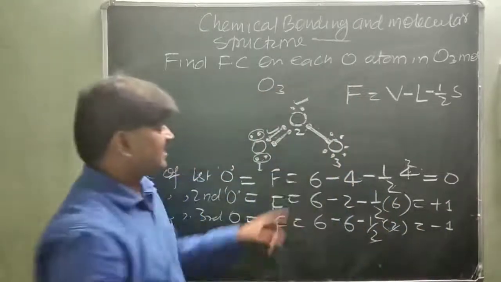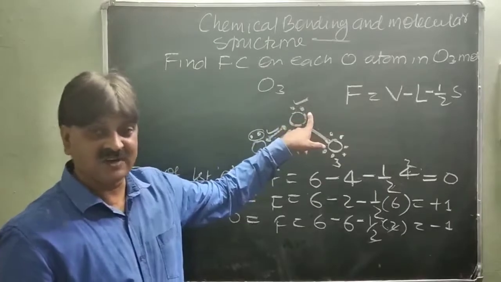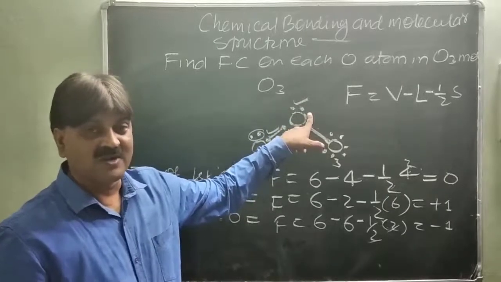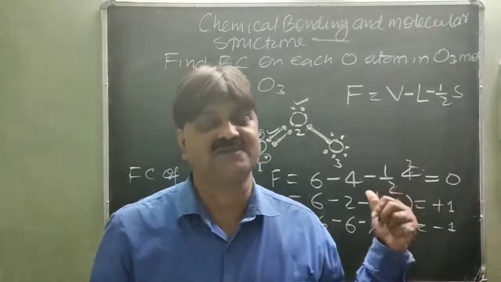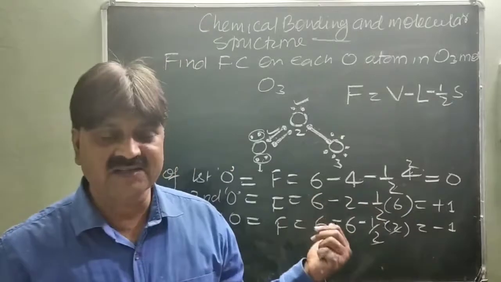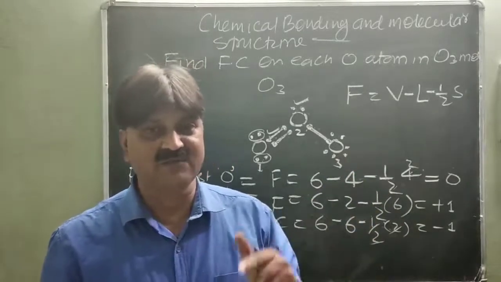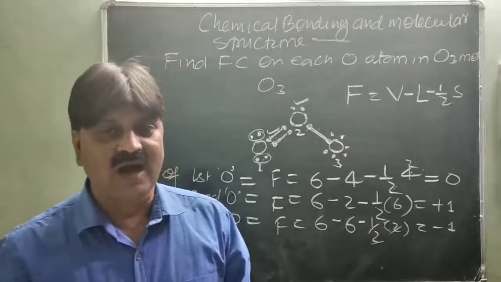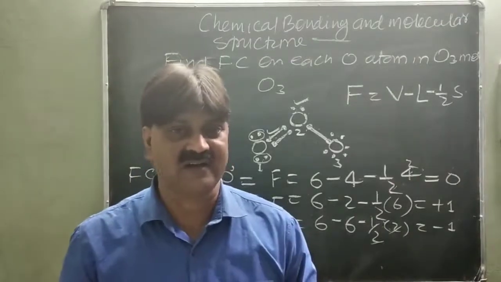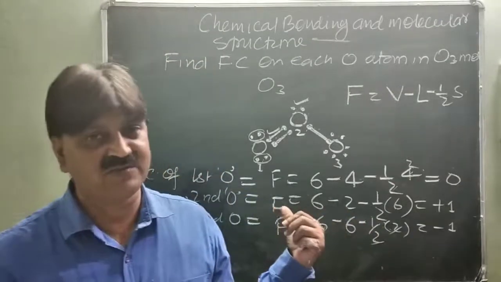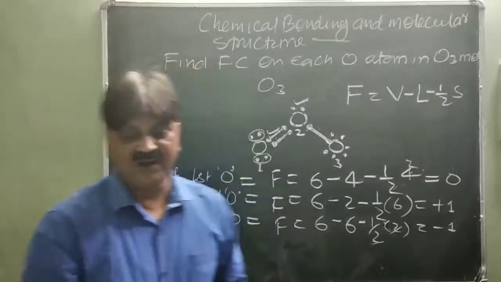So at this oxygen there is a minus 1 charge, at this oxygen there is a plus 1 charge. But it does not appear in this molecule. The charge is positive but it does not appear. This charge is called the formal charge. It is calculated as the number of valence electrons in the free state of the atom minus the number of non-bonded electrons or lone pair electrons minus half into the number of shared electrons, meaning bonding electrons, to calculate the formal charge.